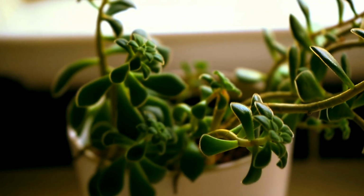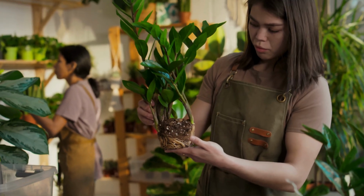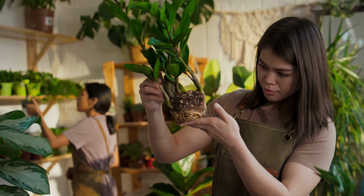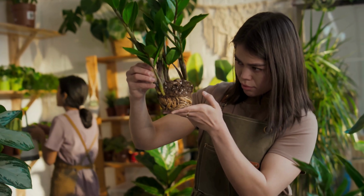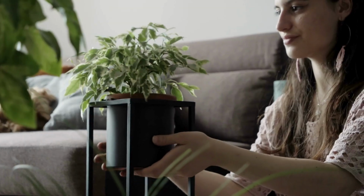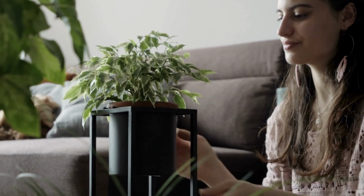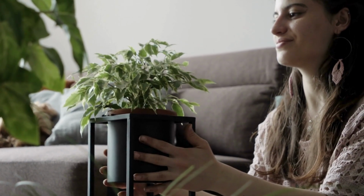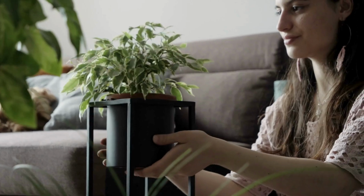These plants are low maintenance, beginner friendly, and totally vibe with small apartments or cozy corners. We'll cover plants that thrive in low light, some that barely need watering, and a few that practically grow themselves. So if you've ever thought indoor plants are expensive, think again. Grab your coffee, maybe your notepad, and let's get into the cheapest indoor plants that'll still make your home look